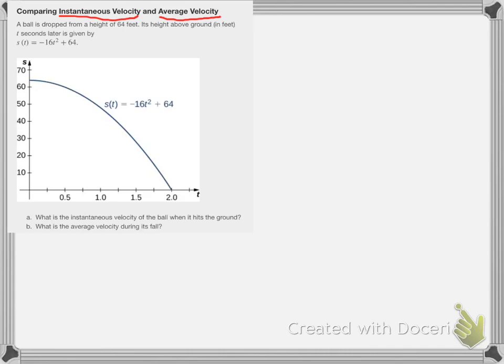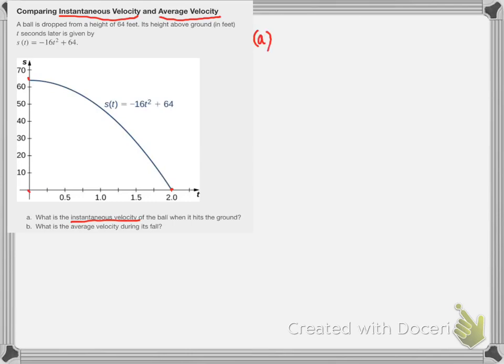of s with respect to t, s of t is the height, it's dropping from 64 to the ground, 0. And it takes how many seconds? 0 to 2 seconds. So it takes 2 seconds. What is the instantaneous velocity? Whenever you're talking about the instantaneous velocity,